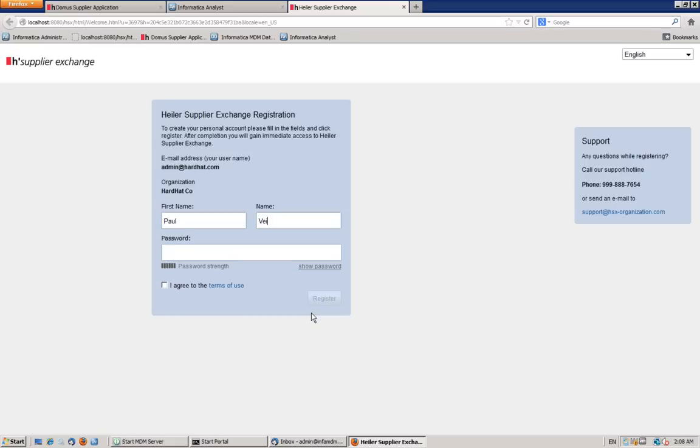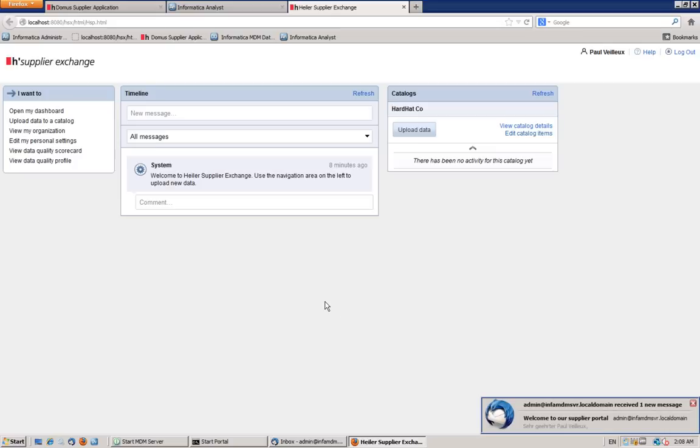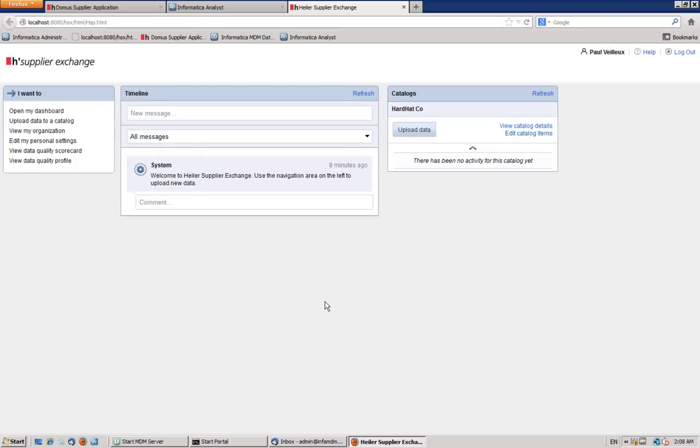So I will go ahead and put my name as well as a password. And I agree to their terms of use and click register. So at this point, again, I'm still within the Domus hosted supplier portal, and what we have here are a number of different options, but really the first step as a new supplier is I want to provide product content to them so that they can get this information into their back end system so they can start to take orders from us. So I'm going to go ahead and upload the data,